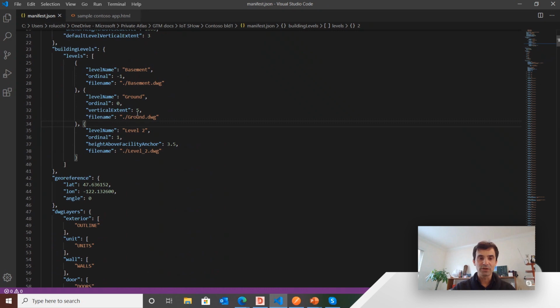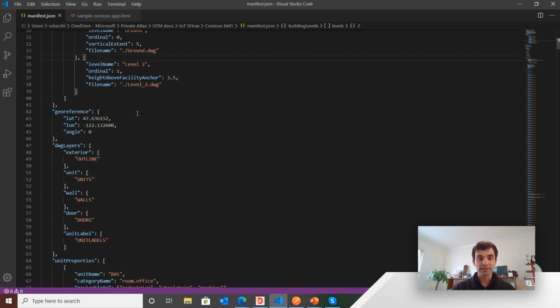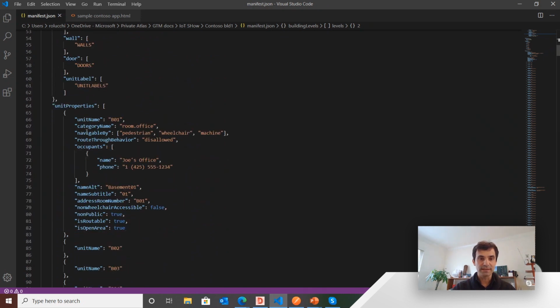And you can go more and more into the details as you need for your application. So for example, in this case, each unit, each particular room could be equipped with a categorization of the space, whether it is navigable by pedestrian, if it is wheelchair accessible, every metadata you may want to add